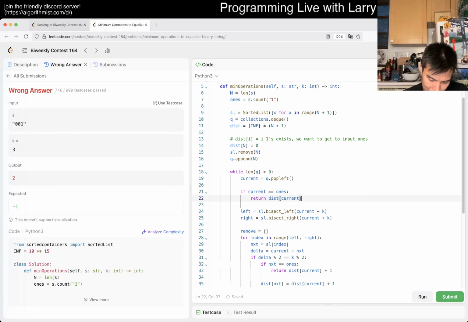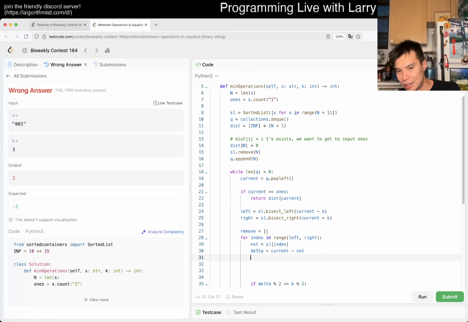So 1s has to be equal to delta plus k over 2, and what's zeros then? Why am I so bad at this? Okay, and then zeros is just k minus 1s, and then you just check that. Okay, fine. In the current thing, right? Okay, so